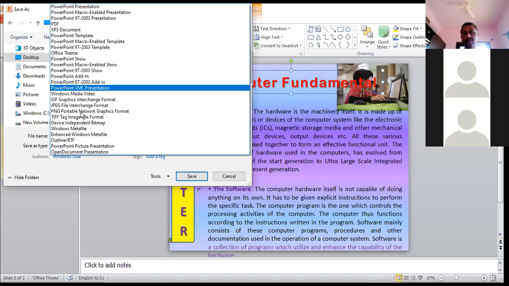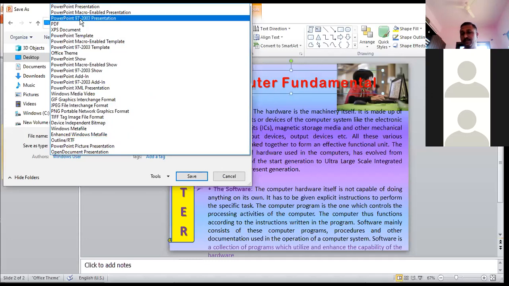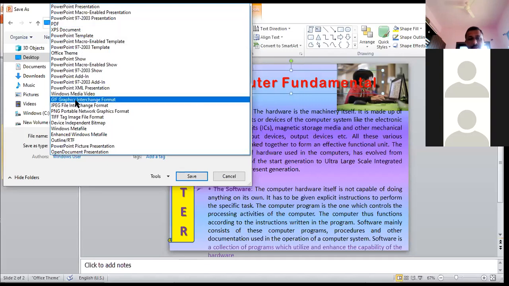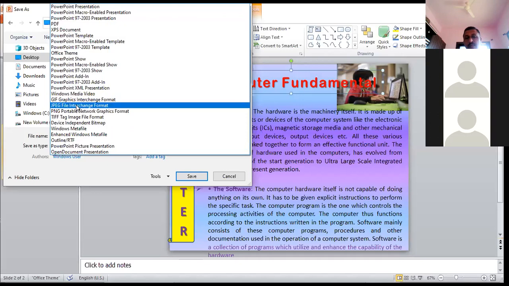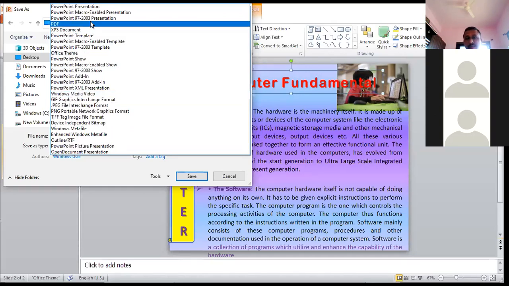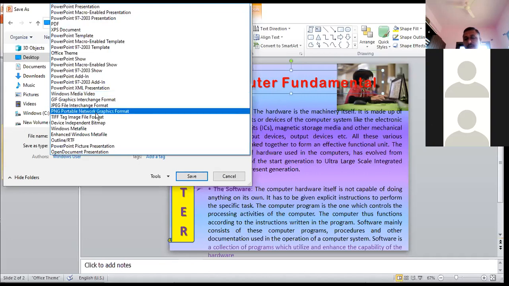Then you can click on the file types. In which format do we have to save our file? The types of files are given here. From here you can also save in different formats. If I need to save the file in PDF, then I can save it in PDF. If I need to change the format to Graphics Interchange Format, GIF, then we can change to GIF file format. Suppose I want to change to JPG file format, you can change to any type of file in any category. Whatever file types are given here, you can save it in any pattern. Okay, are you getting what I'm saying?